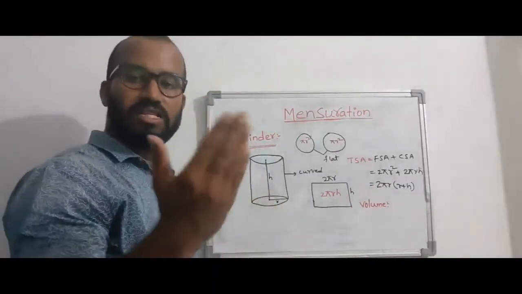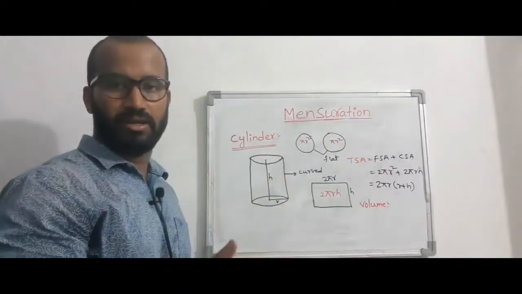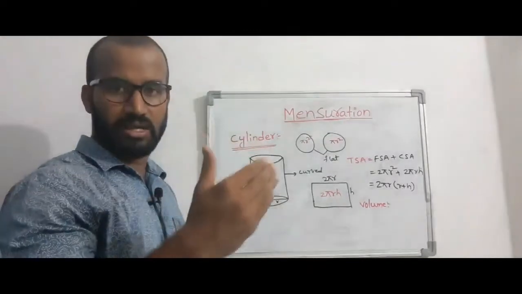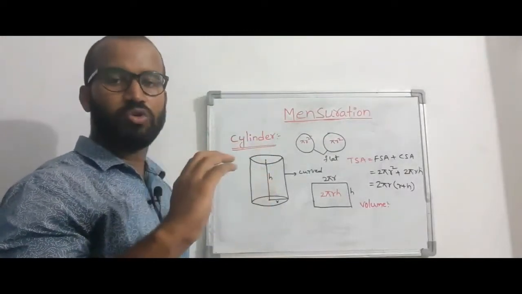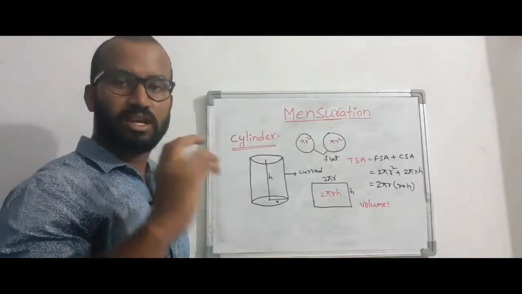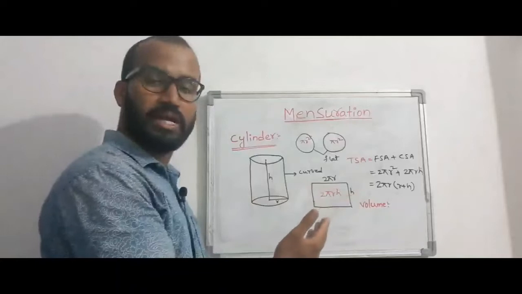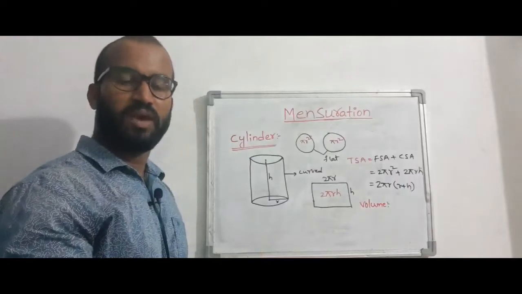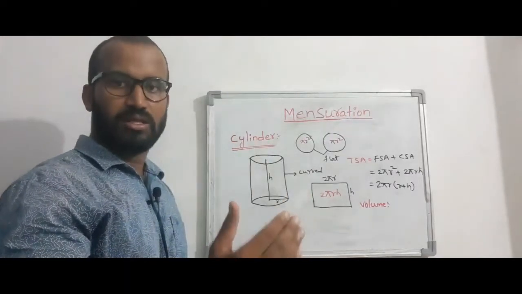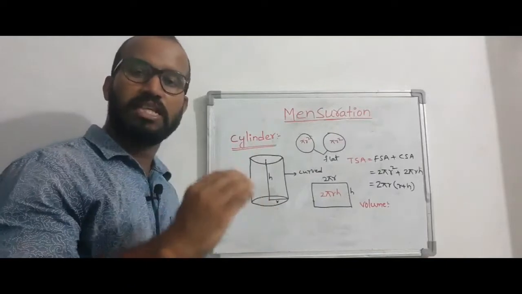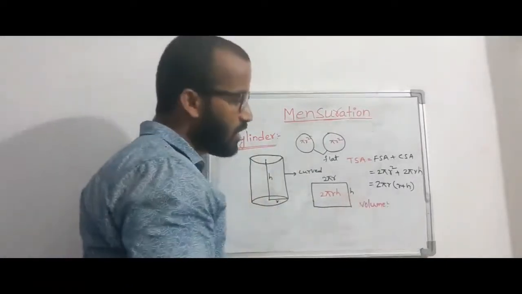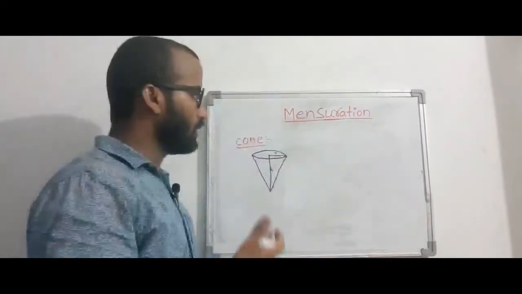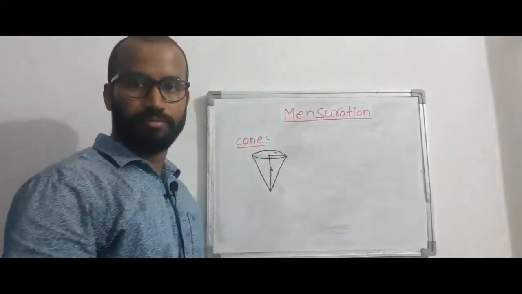Okay, if there is one circular plate, and I keep h circular plates like that, then it is h into one circular plate area. What is the one circular plate area? Pi r square. If I keep two circular plates, then 2 pi r square. If I keep h circular plates, it is going to form a cylinder. So h into pi r square. So pi r square h is the volume.